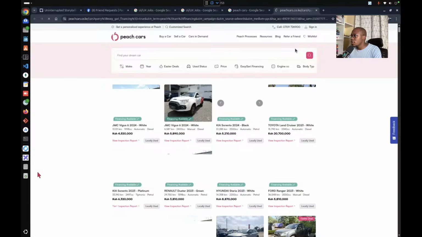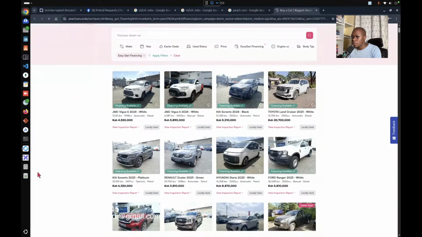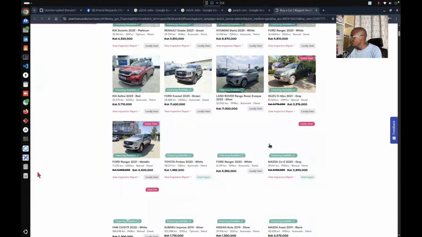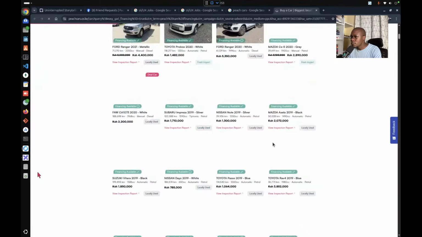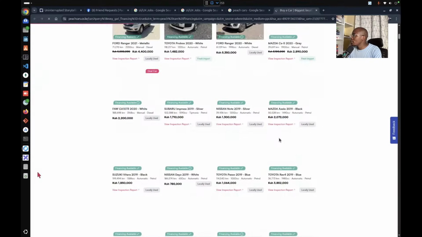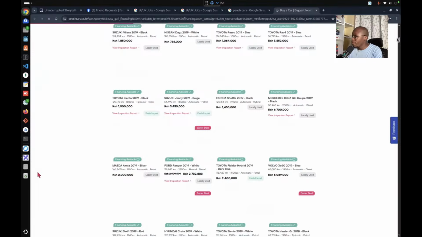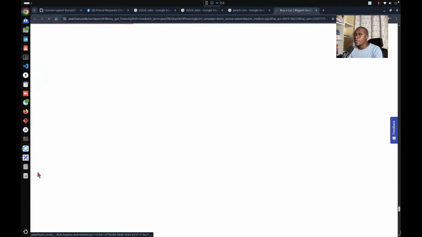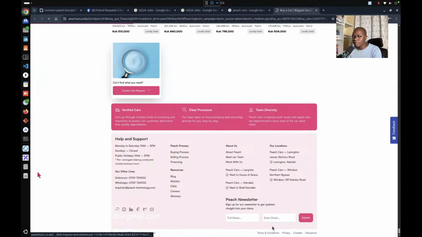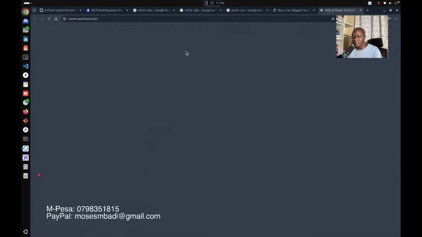If you go to the footer, careers, yeah, I think they have Flutter developer right here, and you can just read through and understand what a Flutter developer does. We will build a Flutter app in this course, but you can just go through it to understand the job market better.